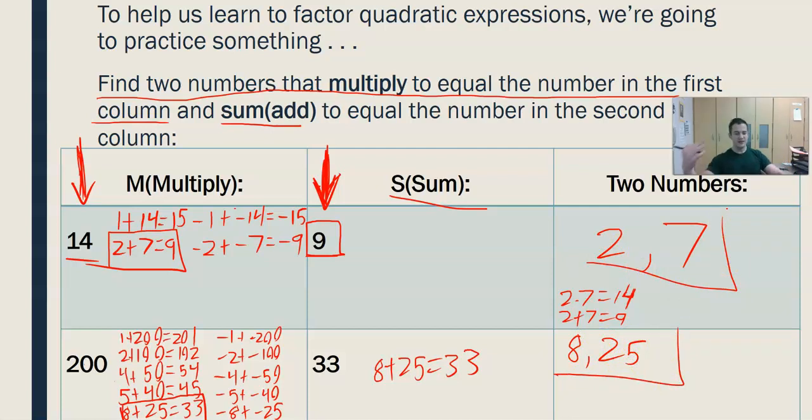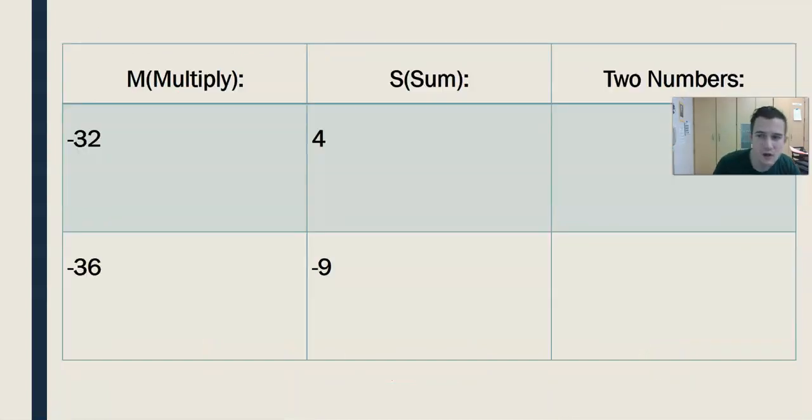Okay, that's what we're doing here. I'm not going to do all of these, well, actually I'm going to do one of these. Okay, so I'm finding numbers that multiply to make -32 and add up to 4. So let's find some factors of -32. Keep in mind that in these factors, so like maybe I have 32 and -1, one of these factors is going to have to be negative if I want them to multiply together and give me a negative number. So 32 and -1, 16 and -2,